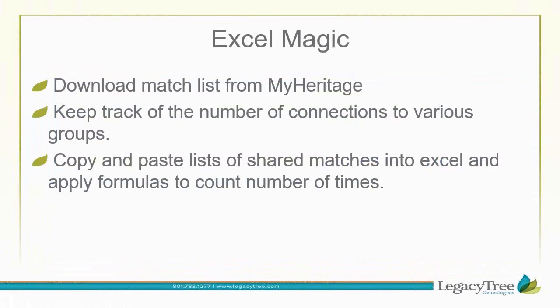You can also use this to sort and organize the lists of shared matches, and you can apply formulas to count the number of times that different matches appear in these different buckets or categories or clusters that we are